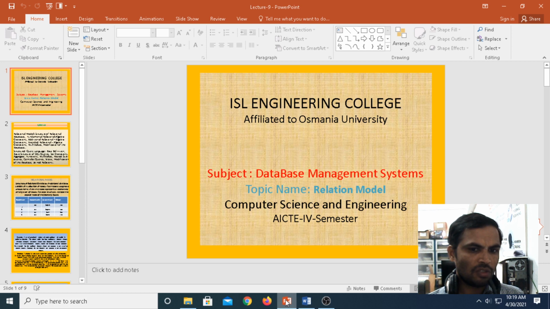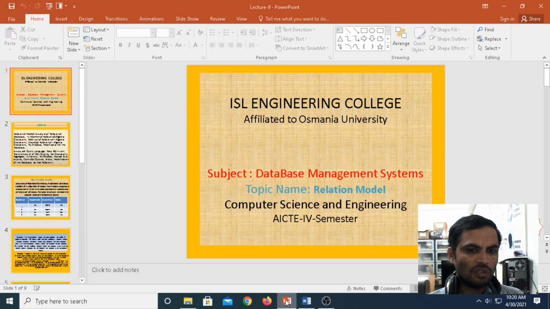Coming to the 2 marks purpose, only three to four questions will be there. What are the roles and responsibilities of a DBA according to your university exam? Next, what are the models under the database? What are the database models? Next, what are the different types of attributes available under the ER diagram? These three questions are important for your university theory exam and your internal exam also, from short answers.